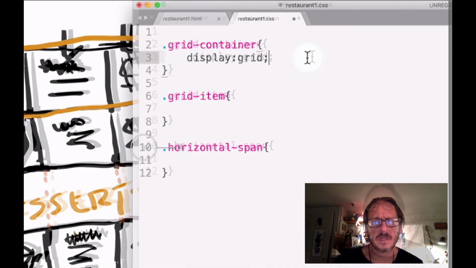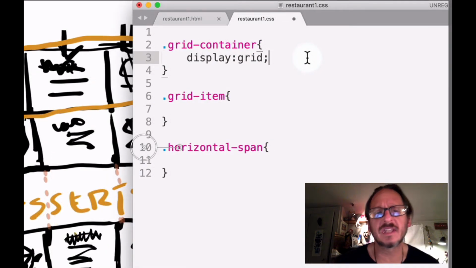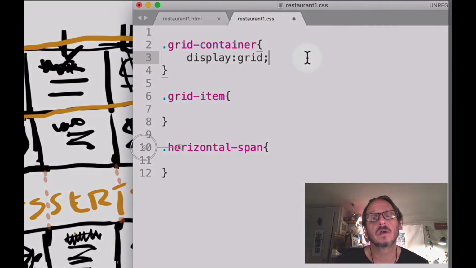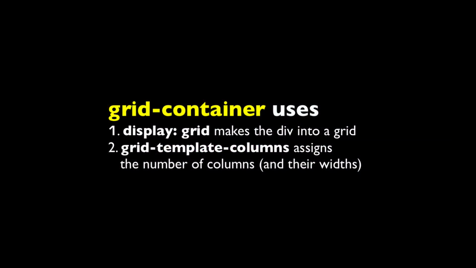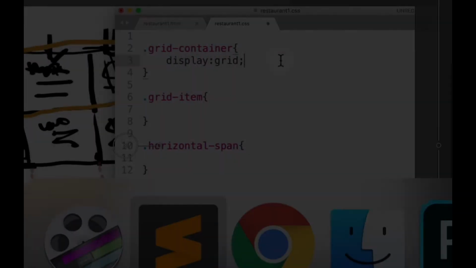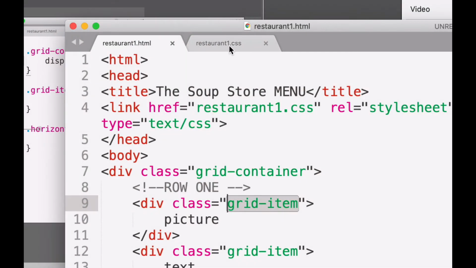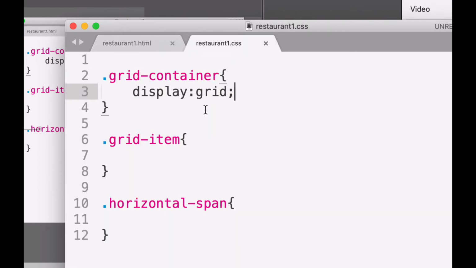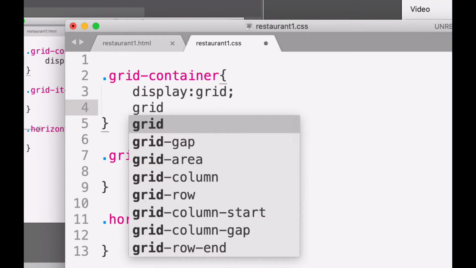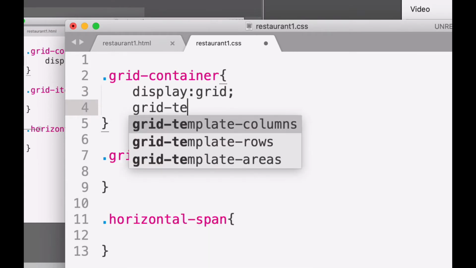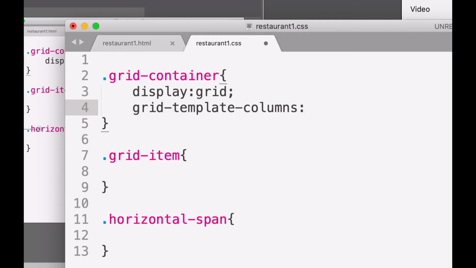Display grid. Thing is, the grid container class depends on at least 2 things inside of its style. Display grid, which I mentioned, and grid template columns. So back to the style sheet, and I'm going to add grid template columns, and I want to designate the 3 columns that we've been discussing, and I have some choices, but